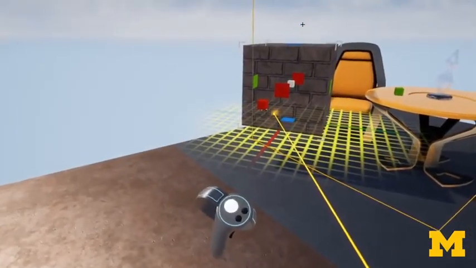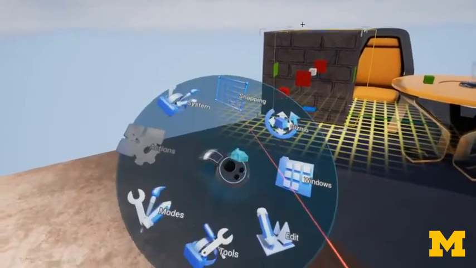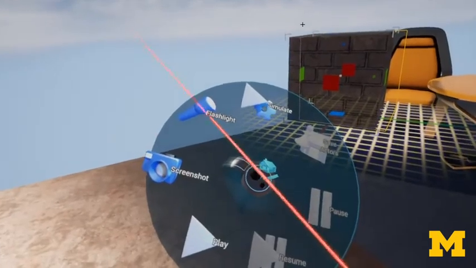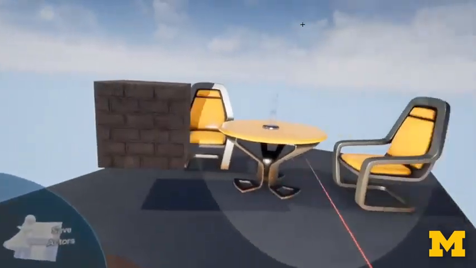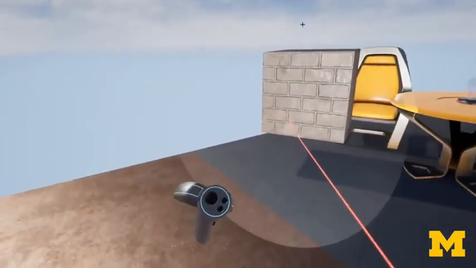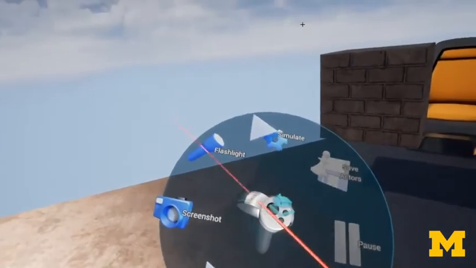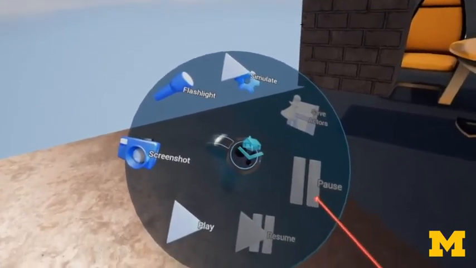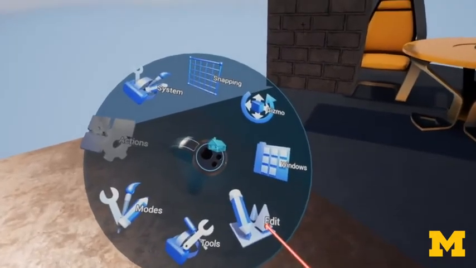So I'm going to bring up the menu here. And oops. And then we are going to go into tools, and one thing I wanted to show you is a flashlight, which is pretty cool as a tool, like in a dark scene. Imagine working in VR in a dark scene. So and then we're just going to disable this, and we are going into the